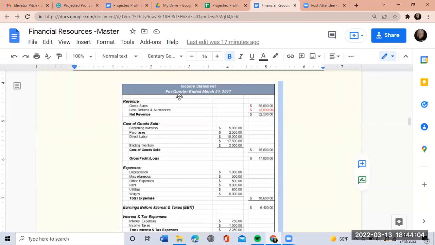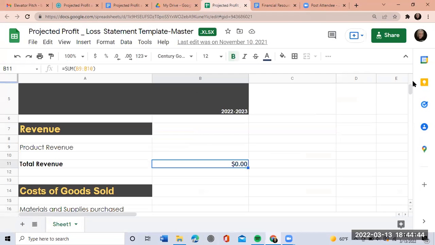Okay. So this company, they did it for a quarter and their gross sales were $35,000. And ultimately their net revenue was $32,500. Okay. So then they had all of their cost of goods sold. So they put all those numbers in, and that was $15,500. So you take that net revenue and you subtract the cost of goods sold, and now your gross profit is $17,000. Okay, so let's go back over here, and we see that